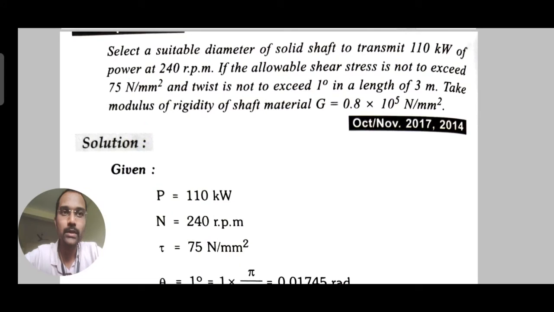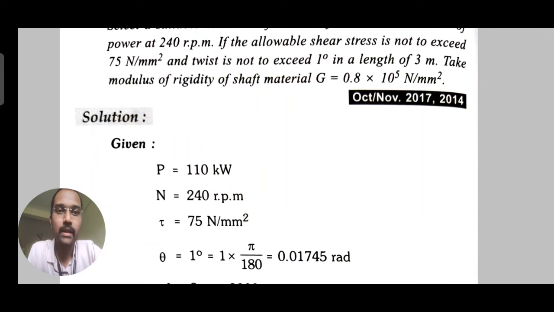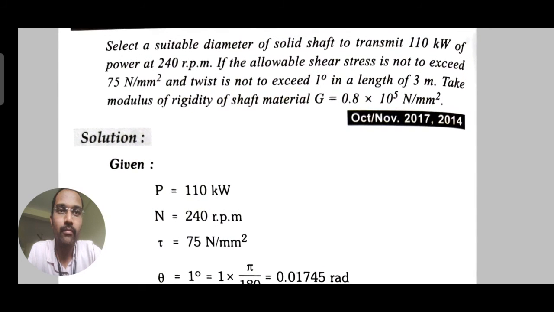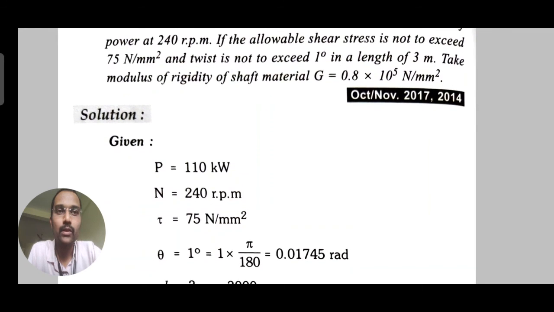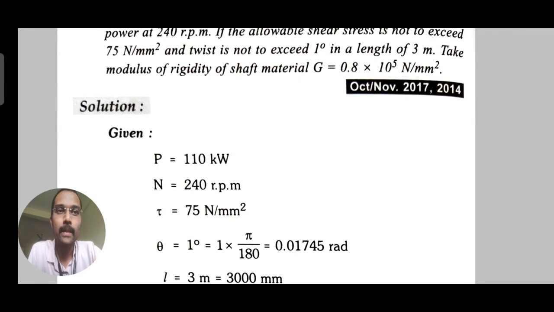And the final case here, again the same: the power is given as 110 kilowatts. He is asking to select a suitable diameter, find out the d. Again the same process, n is mentioned, tau is given as 75 Newton per mm square, and it is mentioned differently here. Twist is not to exceed 1 degree in a length of 3 meters. So the length of the shaft is given as 3 meters, and the twist mentioned, that is theta, is